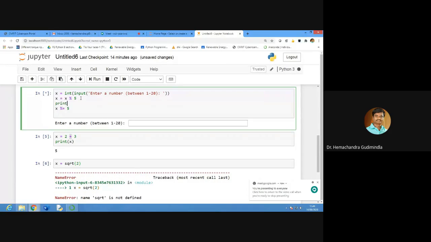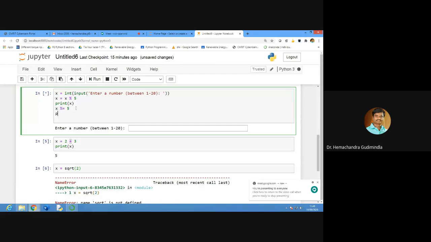So I will better print x here, and again print x here. Now I will run this.